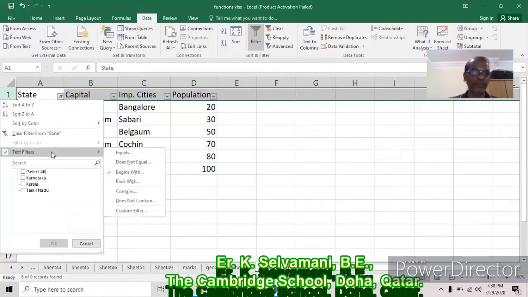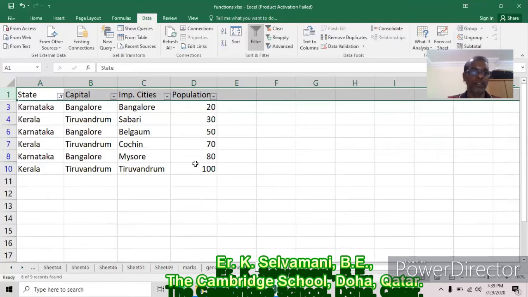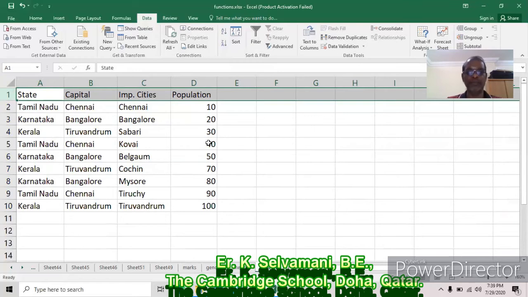Similarly, we can go through Does Not Contain and the others. We can remove it. Population wise, I would like to see the most populated cities, that means population should be very high. Then simply apply the filter.